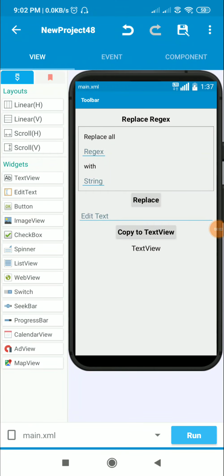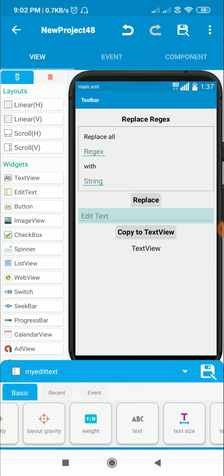Hello everyone. In this video I will show you how to replace the characters in a string which match a regex with other characters. So here I have this myEdit text which will contain the string or the text, and I have this edit text underscore regex which is for entering the regex characters, and I have this edit text underscore string which is for entering the characters which will replace the regex, and I have this text view 5